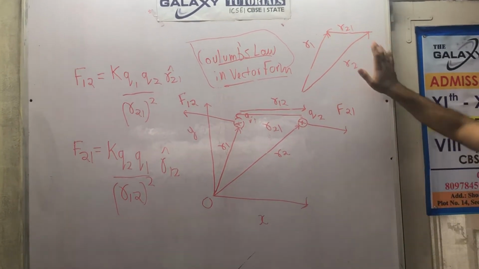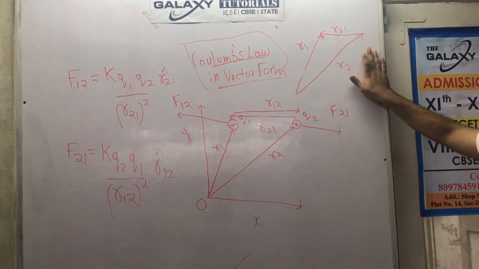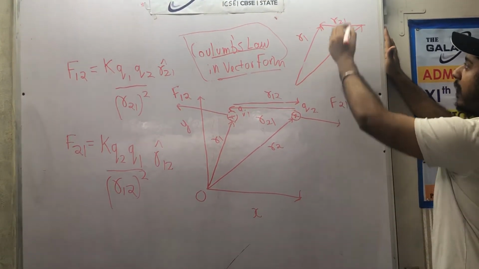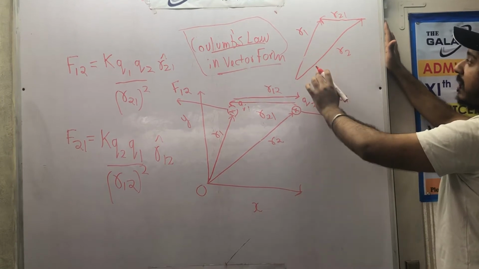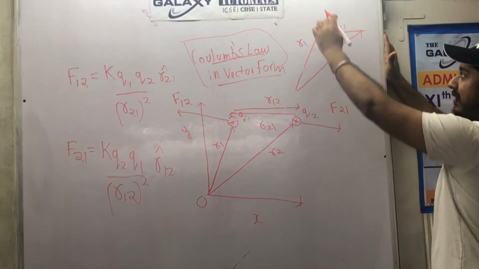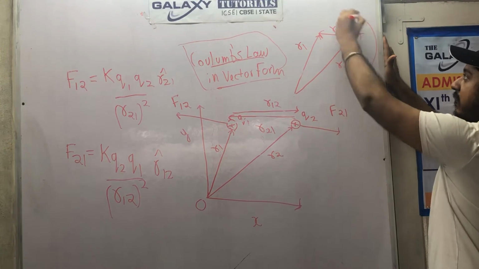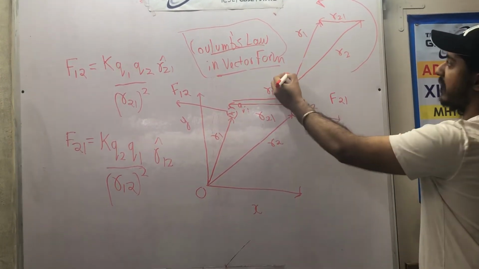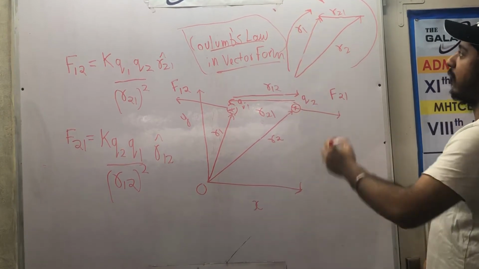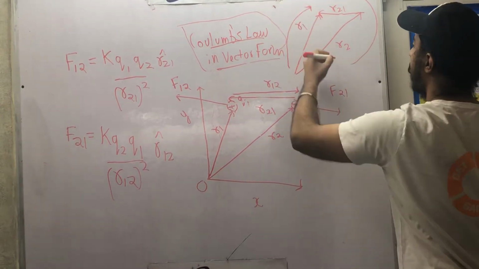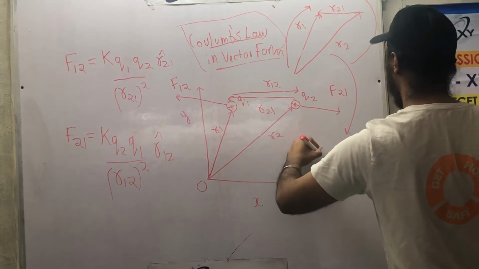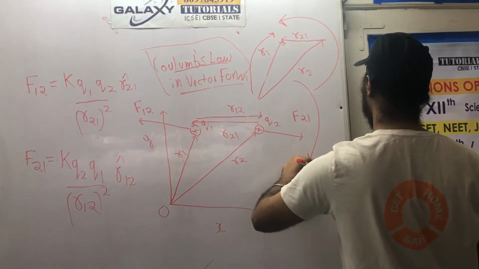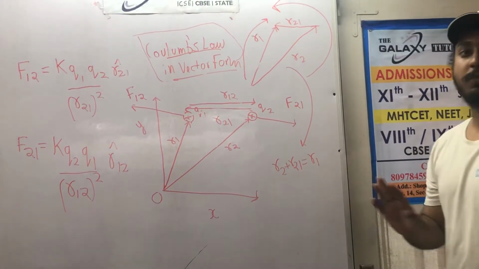Okay, now we will apply triangle law in this. Okay, I have already told you triangle law. So you will see in which direction R2 and R21 are acting. What does the triangle law state? That whenever two vectors are acting in the same direction, in anti-clockwise direction, the resultant is given by the third side in opposite direction. So according to triangle law, I can write here R2 plus R21 is equal to R1. R2 plus R21 is equal to R1.